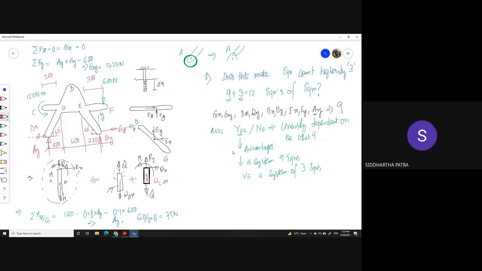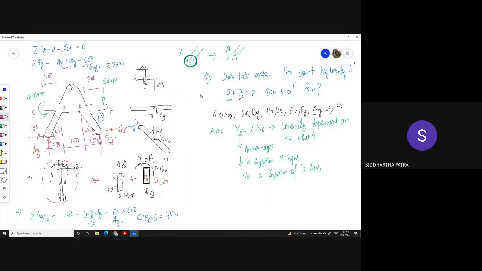For example, I can definitely calculate AY by taking the moment about G and setting that to 0. So all I'm saying is that some of the components of the forces cannot be calculated. AX and GX cannot be calculated. We know that AX is minus GX from this equation, I will get another AX. So in that situation, if I were to put a pin joint instead of the roller, this problem